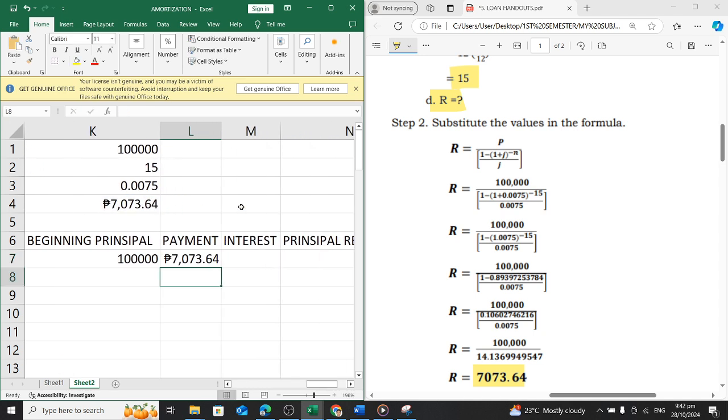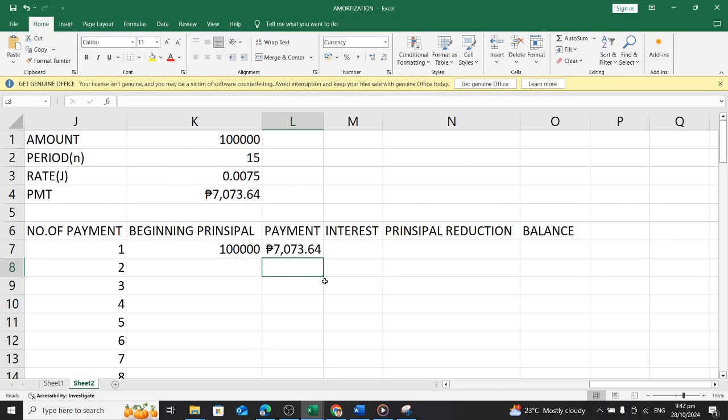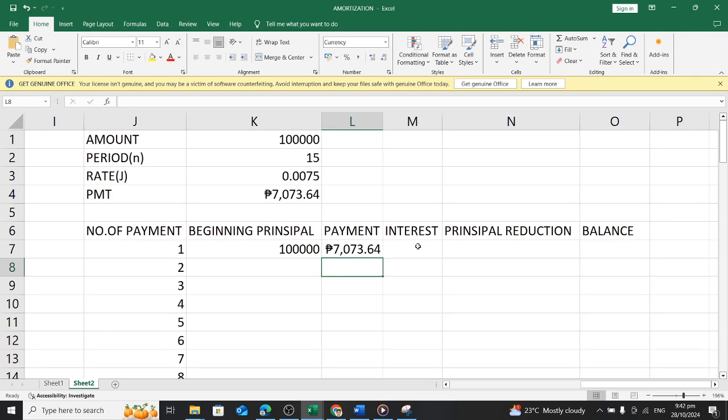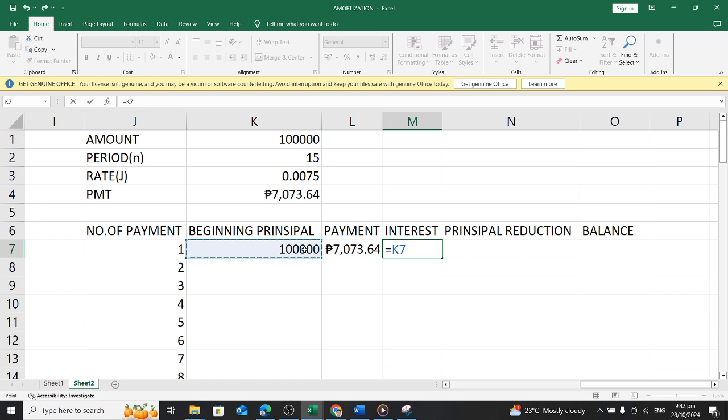That is our regular payment, or our R. How about our interest? What is our interest? To get our interest, all you have to do is multiply our beginning principal by our rate, or our J, the rate per period. So times, that star on your keyboard, that is Shift 8, and then you press J, the rate per period,